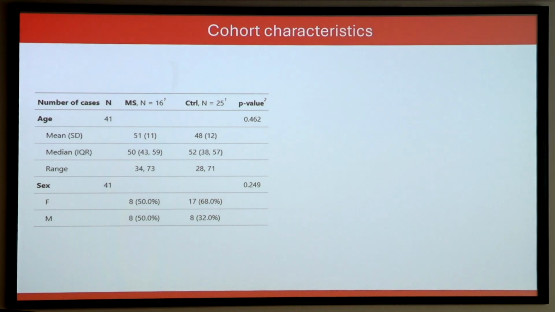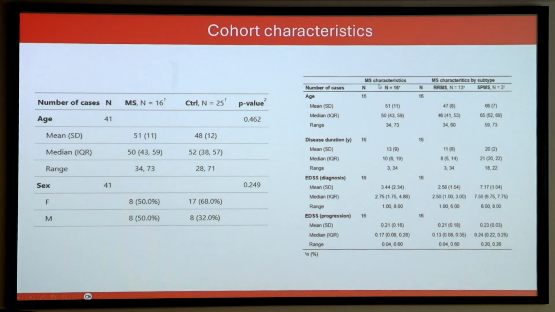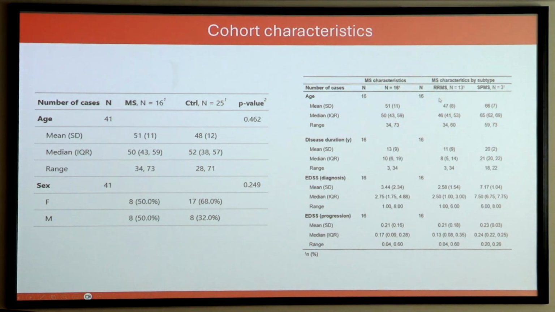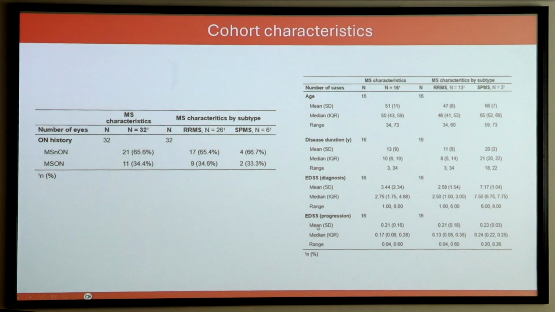I don't like to show tables, they are boring, but just to show you the cohort characteristics, we have 16 MS patients and 25 controls in the BEAM study. There were no age or sex differences. When we focus on the MS cohort, we have 13 relapsing-remitting MS and only 3 secondary progressive MS. And you can see also the disease duration, the EDSS, and the progression of the disease since diagnosis. And then because we are interested in the eye, we wanted to know the history of optic neuritis